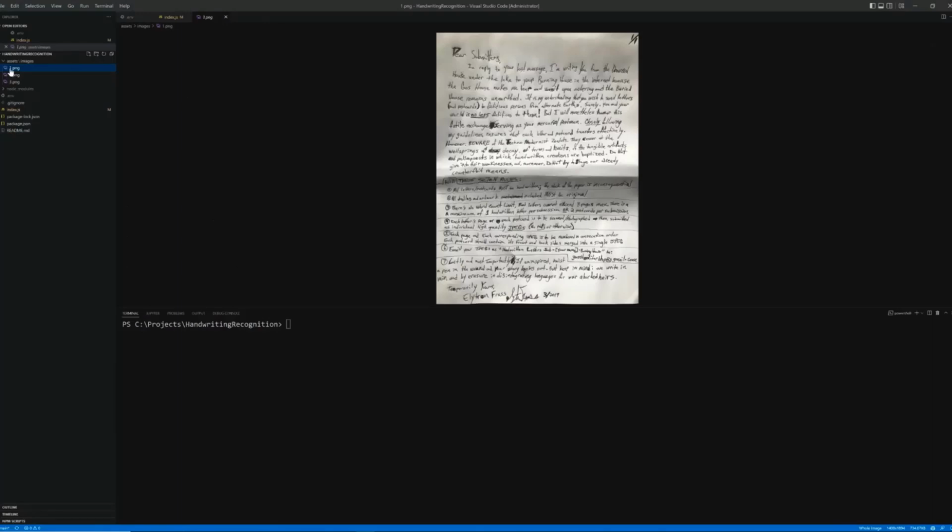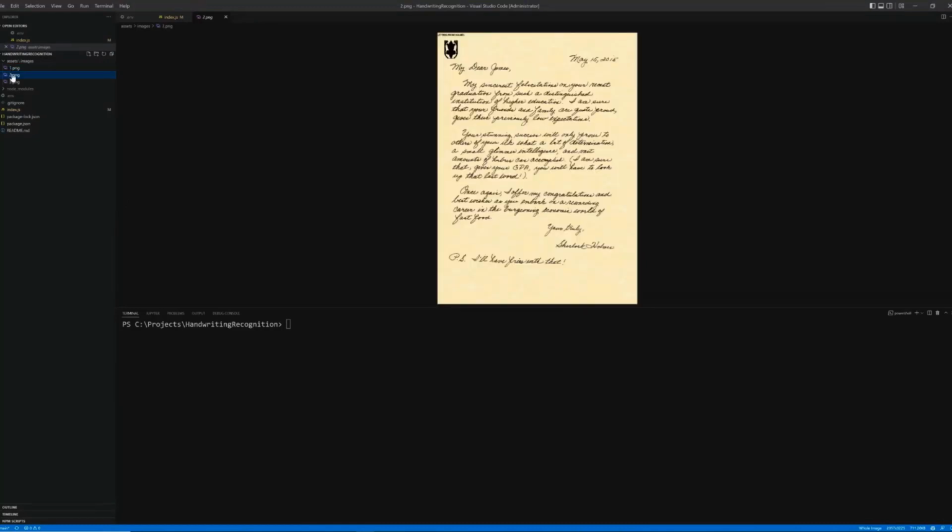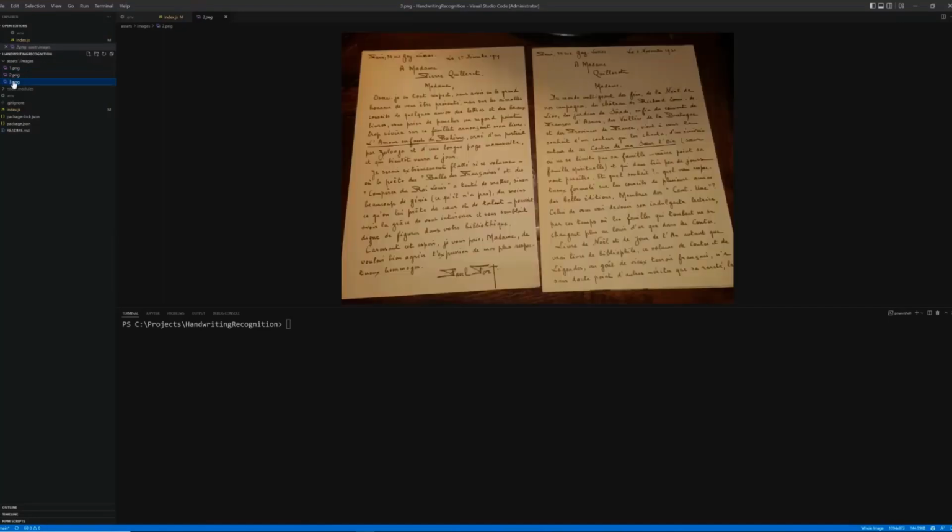So the test is pretty straightforward. We've got 3 different pictures. As you can see, the first one is pretty much handwriting that is extremely hard to read even for humans. The second one is almost perfect cursive handwriting, and the third one is a little tricky, not just because it's 2 different pages, which could be tricky for AI, but also because it's French.